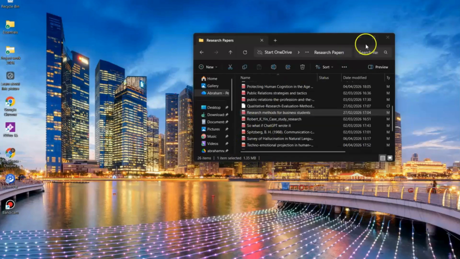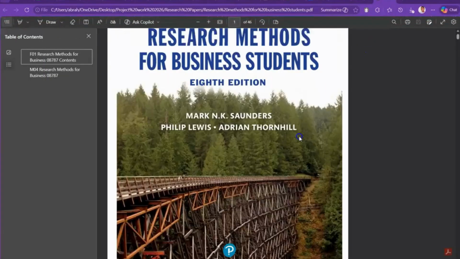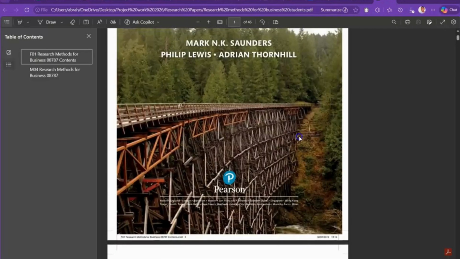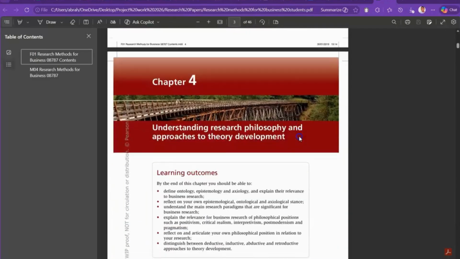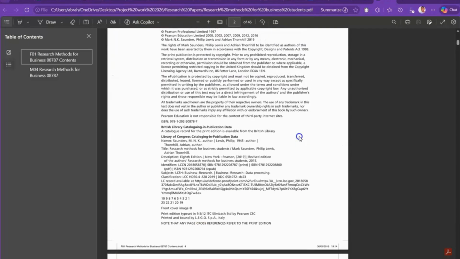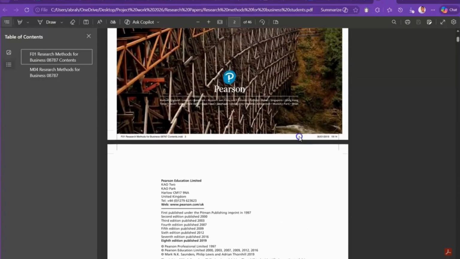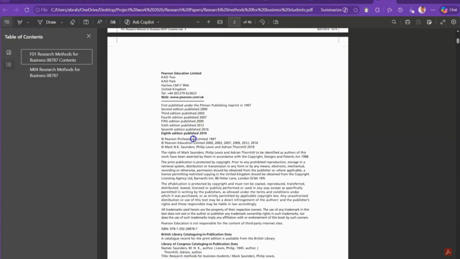So I have this research work on research methods. This book is a PDF that I use for my research. Assuming that I've used this particular document or research work, I've referenced it in my work, but I don't know how to generate a reference list for it. When you open your work or the document that you used, you need to look out for the